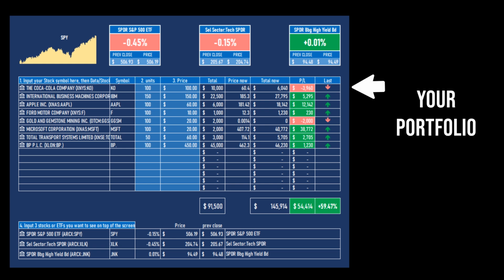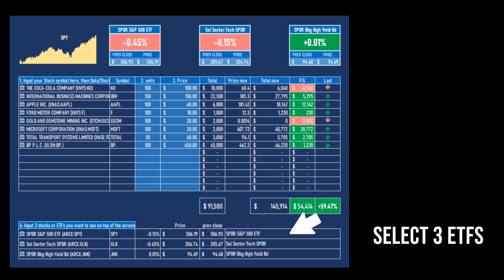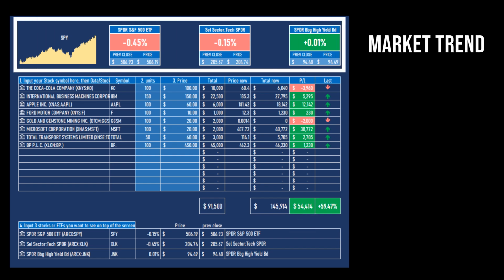This spreadsheet gives you a clear update on your stocks or ETF. The data is updated live, so you will have the latest up-to-date status of your portfolio. You can also select 3 ETF that will give you an idea of where the overall market trends stand. The market trend summary will be on top of the screen, including a chart of your main choice of ETF,